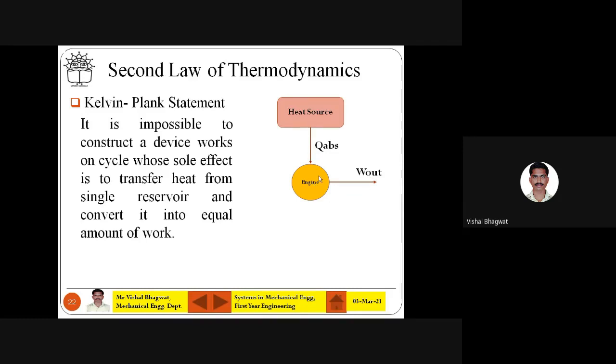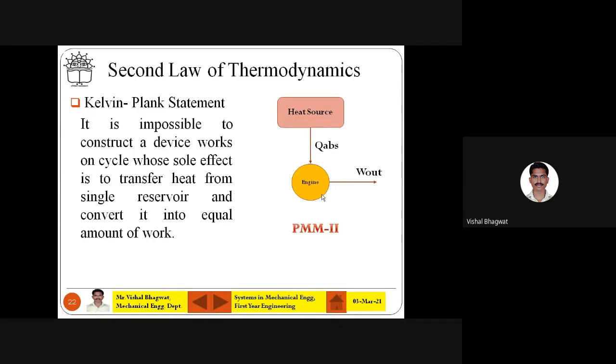If you are with me, please mind these words and observe this figure well. This is a figure of 100% efficiency of an engine. Why? Because it is receiving heat Q absorbed, or Q1, from the heat source, the high temperature body. The engine is utilizing that energy and converting it into work. So what efficiency do you get? 100%. Is it possible? No. Then what is the Kelvin statement's drawing or representation?